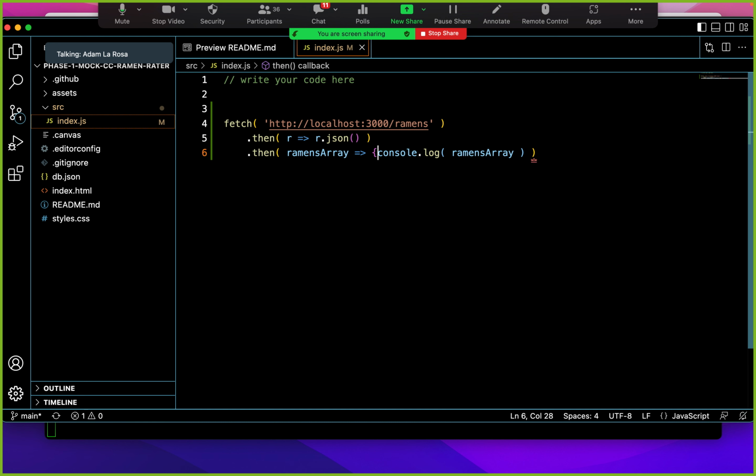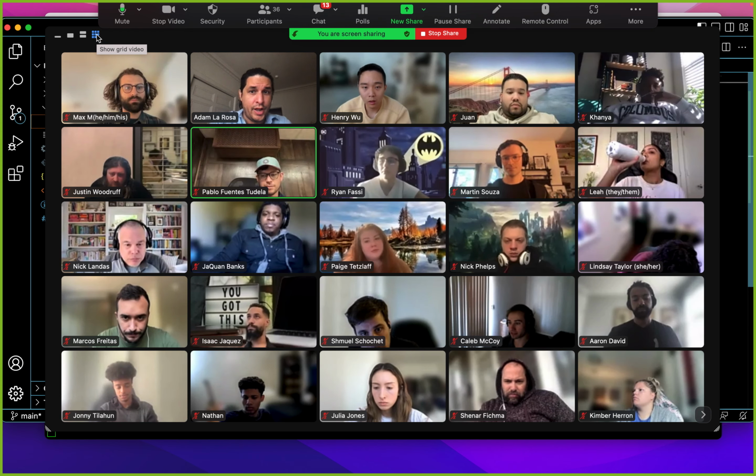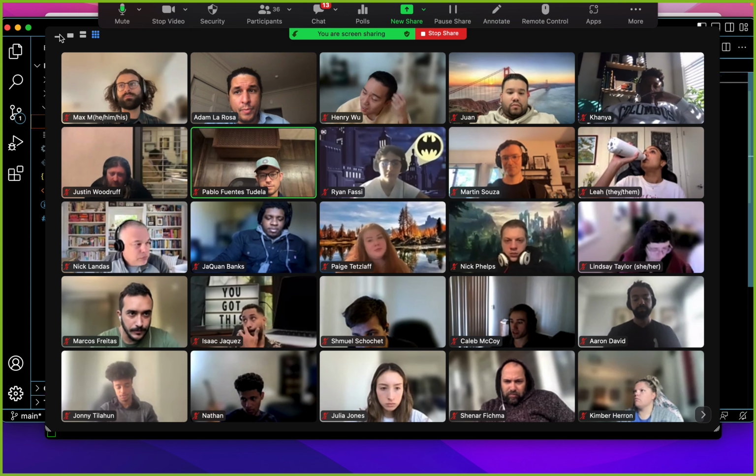I'm going to put the code block back and just put this stuff on new lines so we can have some space to work in here, because we want to do more than just console log this ramen's array, right? Going back to the README,